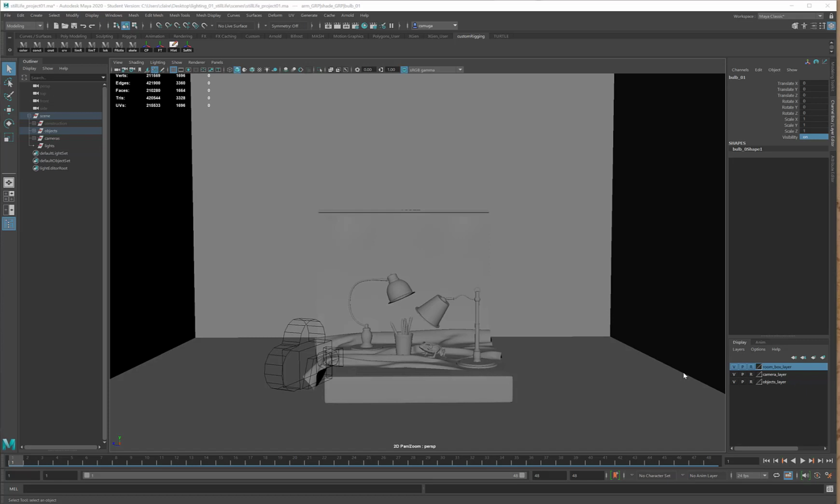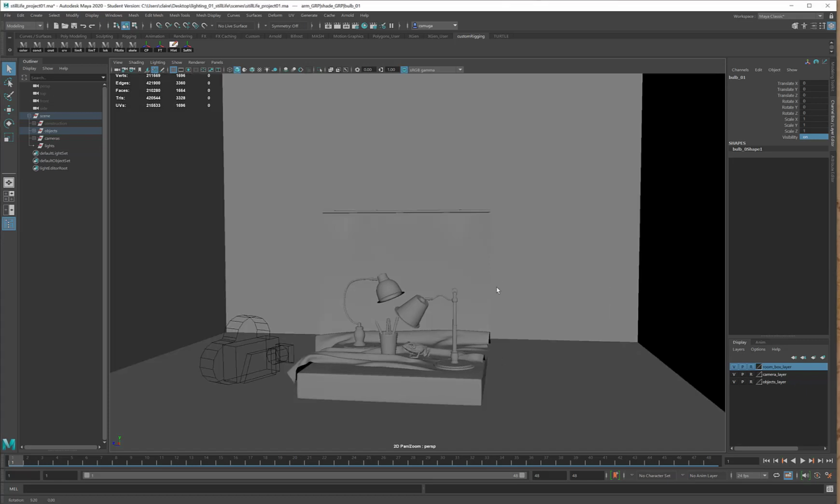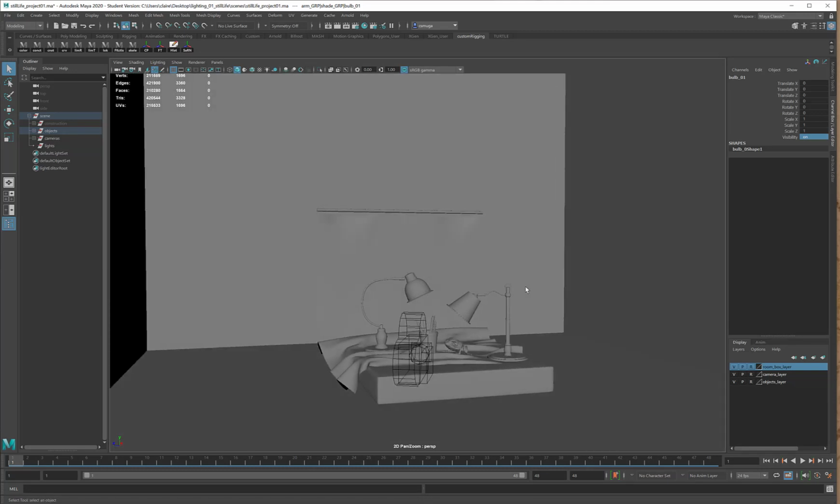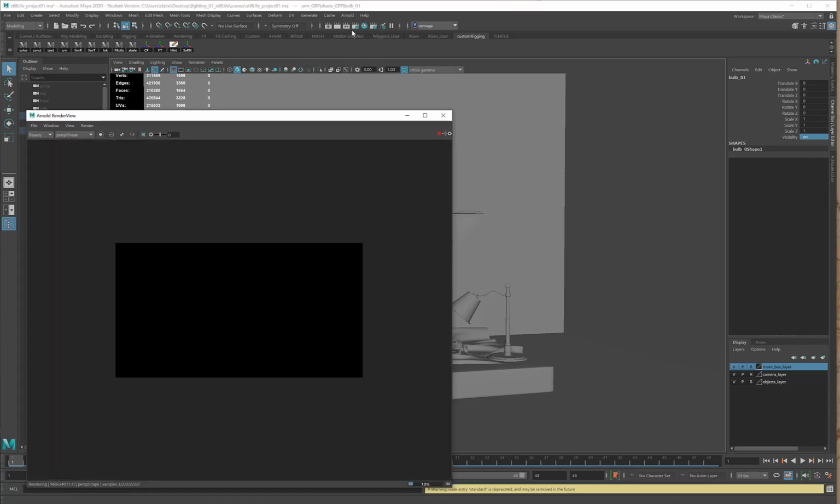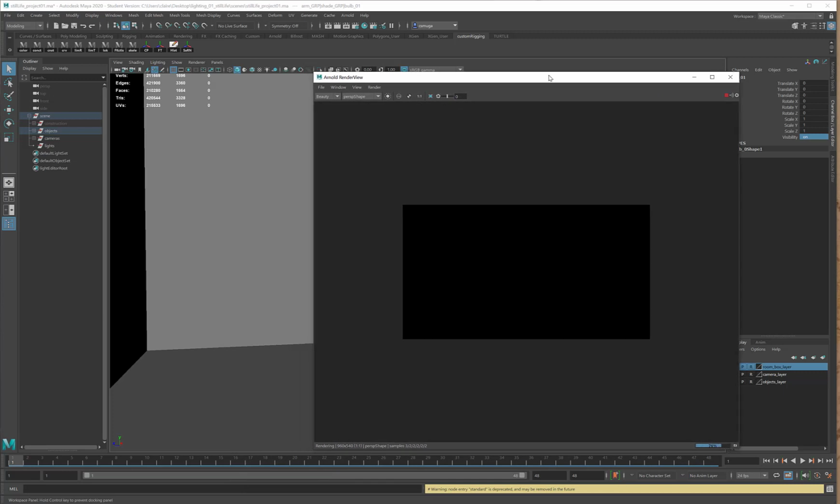Once you've familiarized yourself with the scene file and you feel comfortable navigating, the next thing you're going to want to do is go to Arnold and run your first render. Now obviously the first render is going to be a big blank box because there are no lights in the scene yet and there is nothing for Arnold to see. In the render view, I want to set this to render through camera shape 1. And while again, that is going to give me a black box, now I will be able to see what